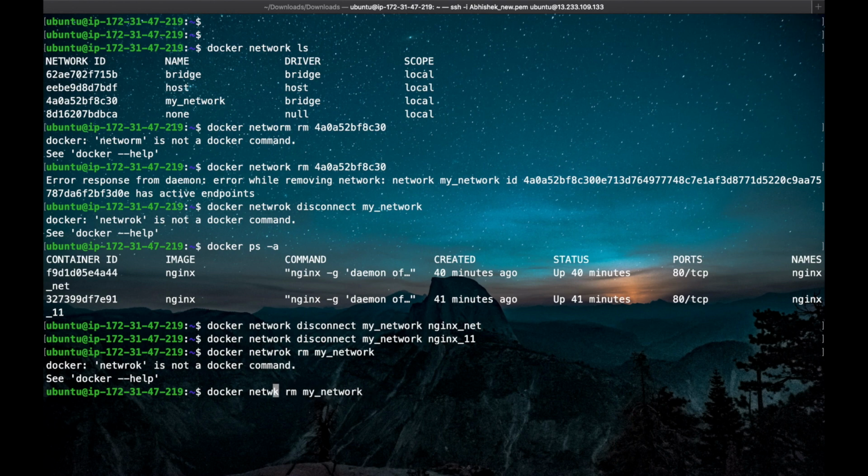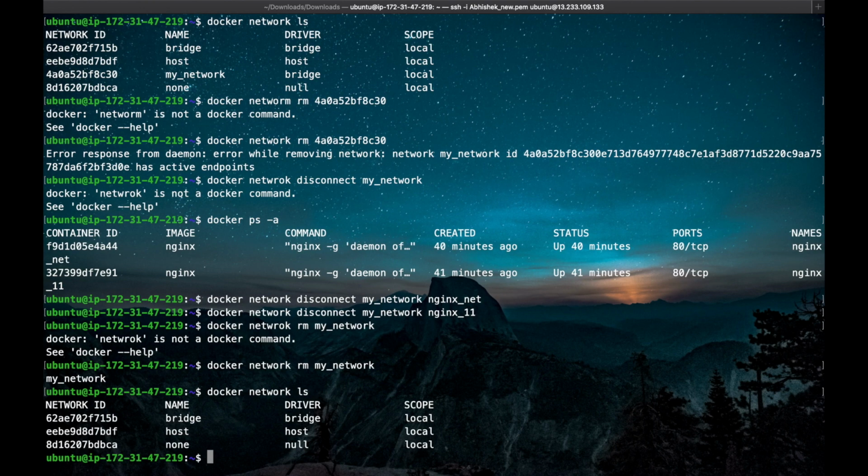Sorry, a spelling mistake. So the custom network is removed. Let's check whether it is removed or not. Docker network ls.